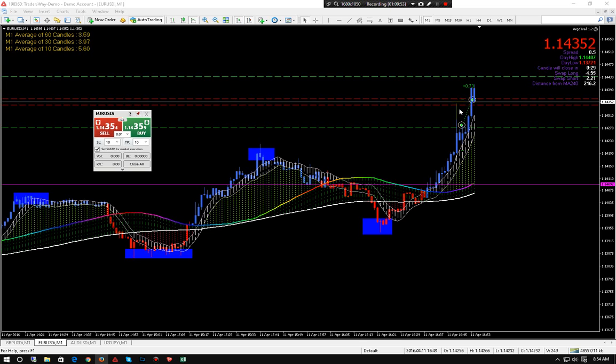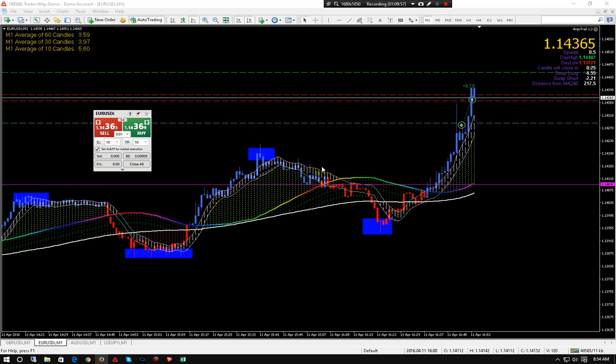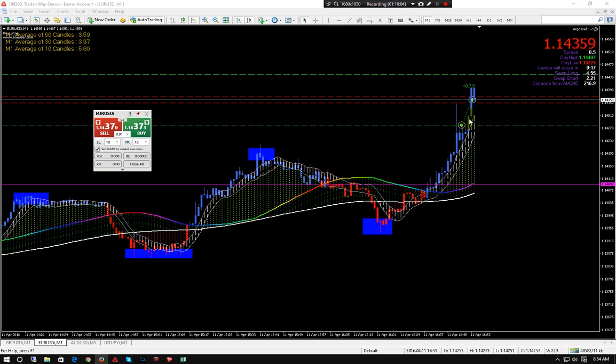That wick was the only thing I was worried about because that was an odd movement. We want to look for consistency along the chart. That wick was a little bit to be worried about, but candles were staying above the channel.